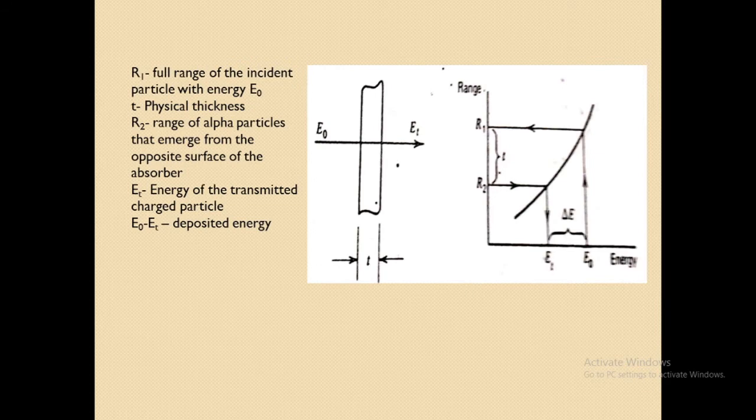So when the energy loss is not small through a certain absorber thickness, then minus dE by dx average, or the linear stopping power, can be obtained using the range energy data. For that we consider a graph of this particular form. Here in this graph the range is taken along the y-axis and energy is plotted along the x-axis.